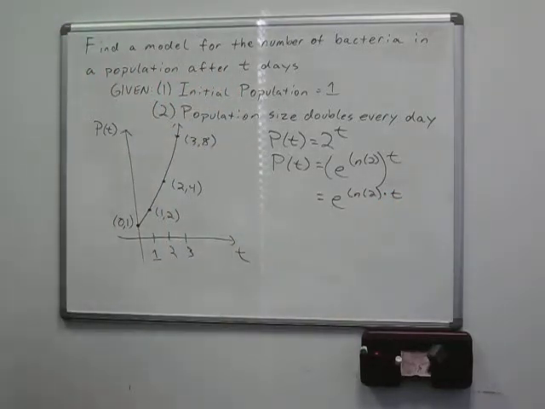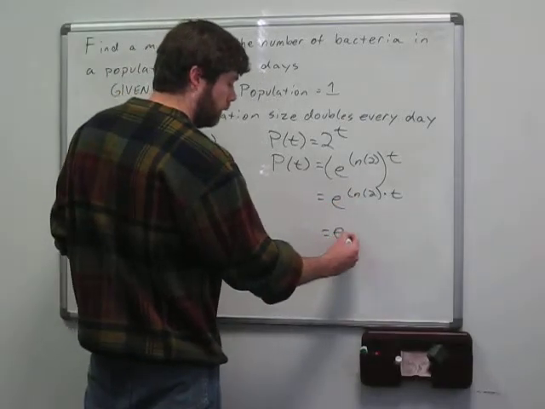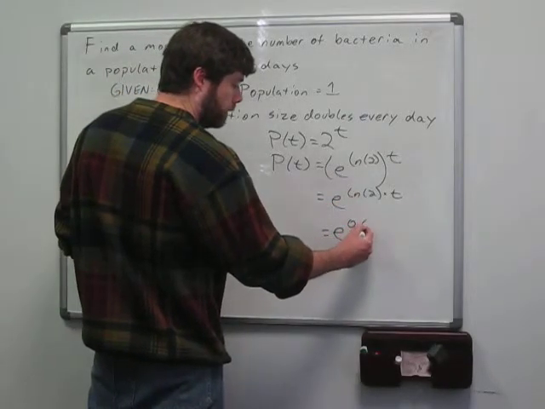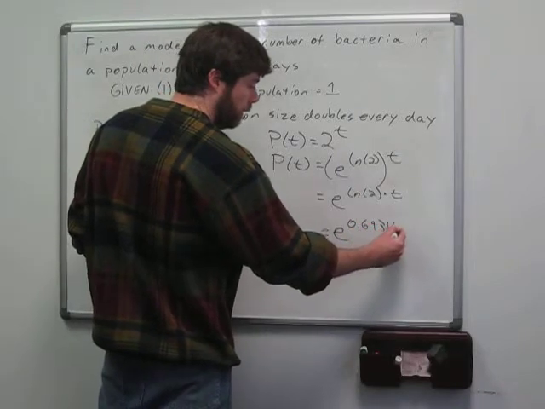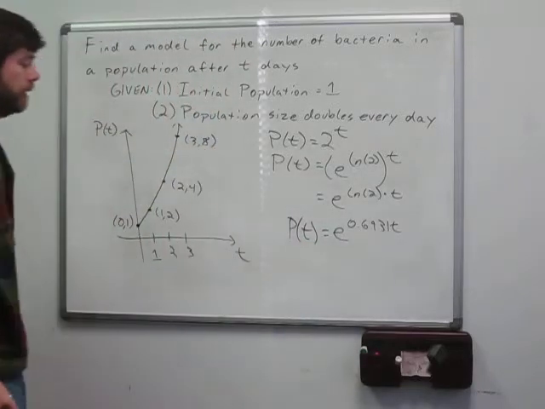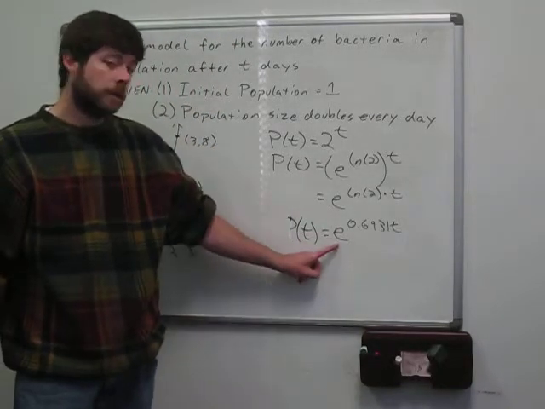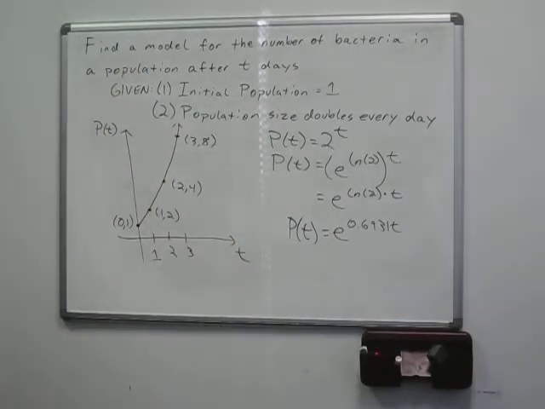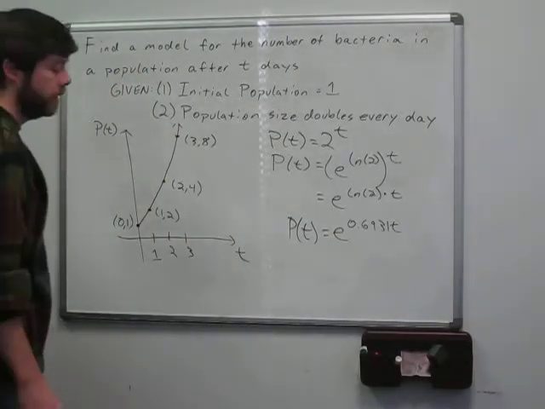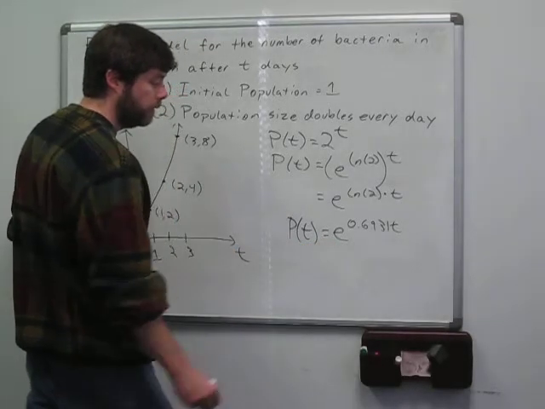And if you use your calculator, you can come up with an approximation for the natural log of 2, like 0.6931. So here is a model for the exponential growth of this bacteria using base e. This is a more popular form for exponential growth. Base e is a more popular base